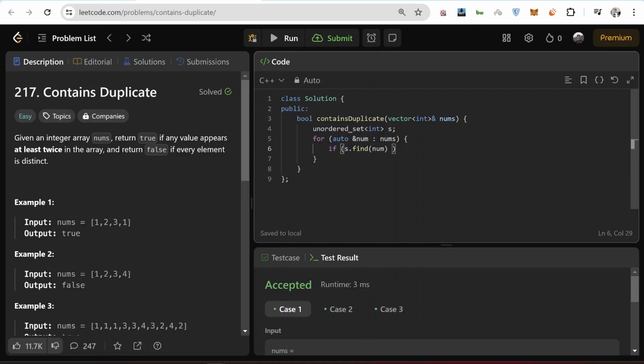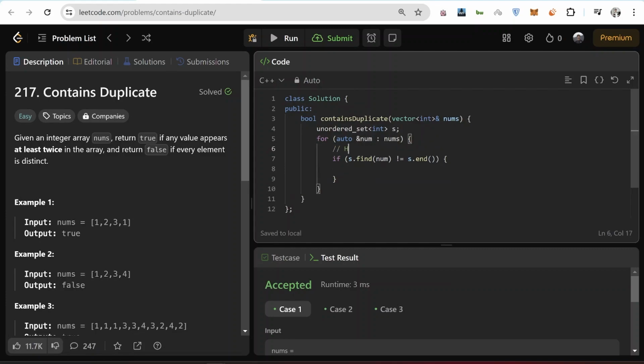So if s.find(num) is not equal to s.end(), this means that we already found the number in our hash set. So in this case, we return true.